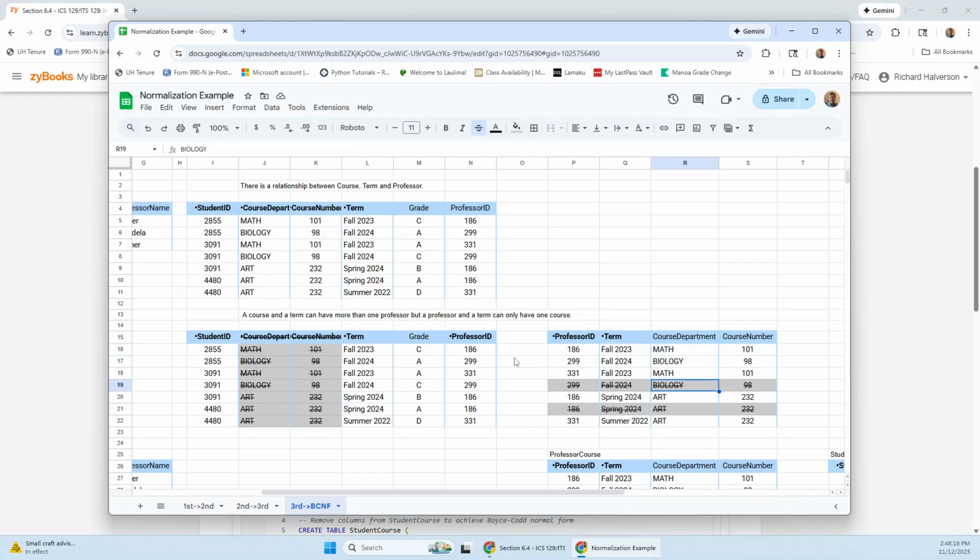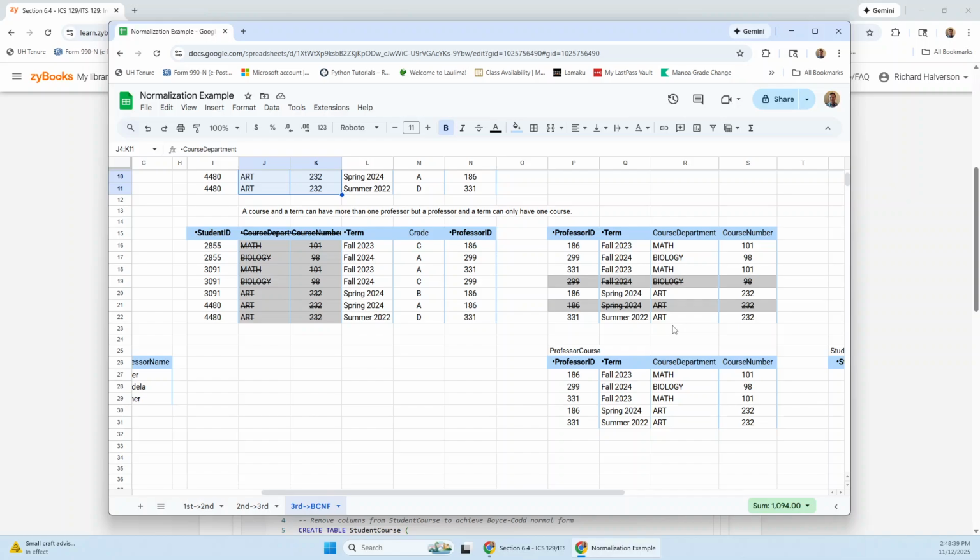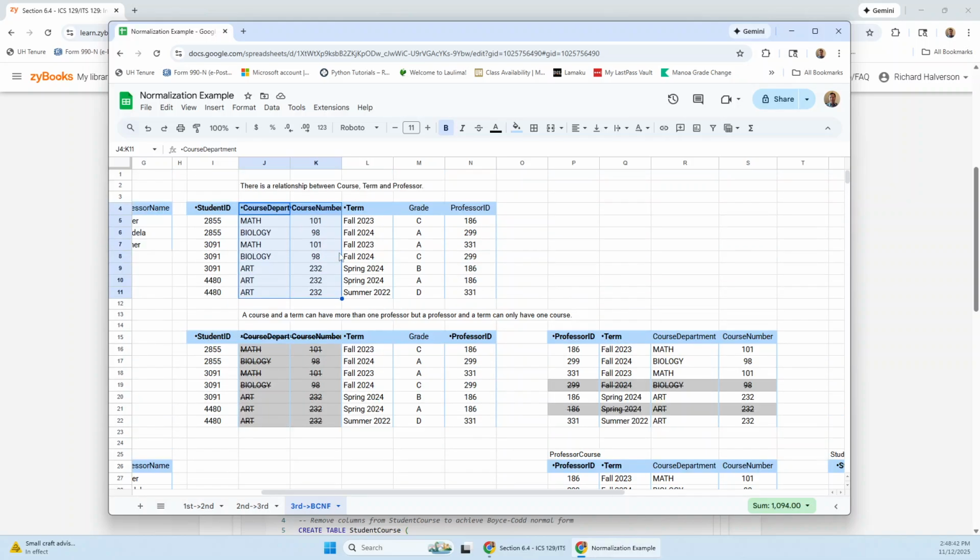So we take this table, we take this column and this column to be the primary key, and we delete these two columns. We pull out the professor ID and the term, and that gives us the course. So these two things determine these two things, and we see that